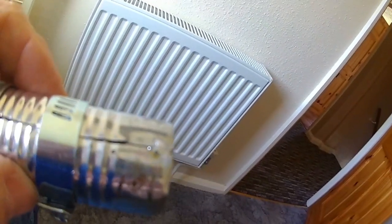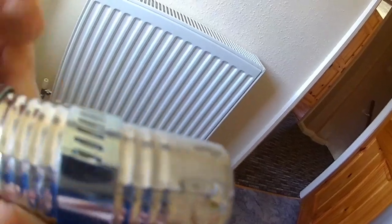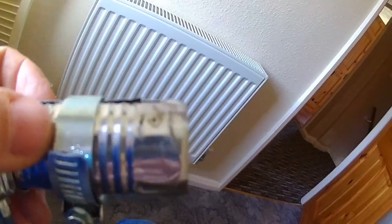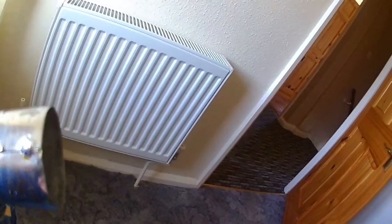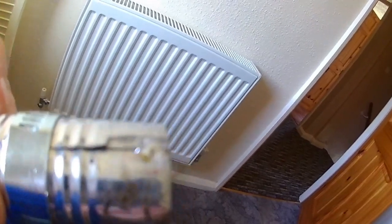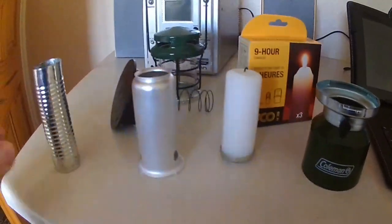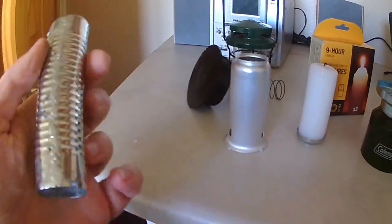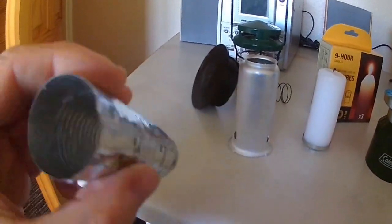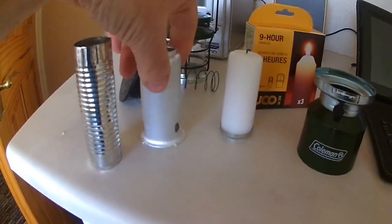Now with a bit of clever soldering and using these clamps, I'm hoping to solder it all the way down the seam to make a tube. It may work, it may not. I'll give it a go. Well, it's not the neatest job I've done, but that's it so far, and it will actually fit